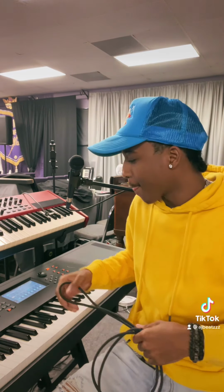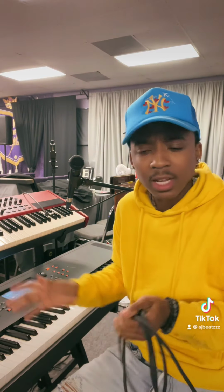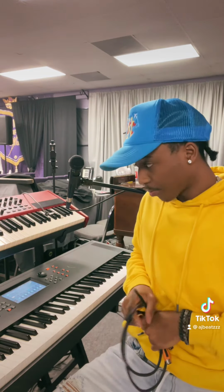But think of the Nord that's on top as my main board, meaning main keys, and my MOD-X being my aux, meaning auxiliary keys. If you don't know what that is, some churches have a main keys player and an aux player. The main keys player is playing the grand pianos and a little bit of strings and pads, while the aux player is playing the orchestra hits, synth leads, and all of the fancy bells and whistles. So on my Nord, I have white grand,